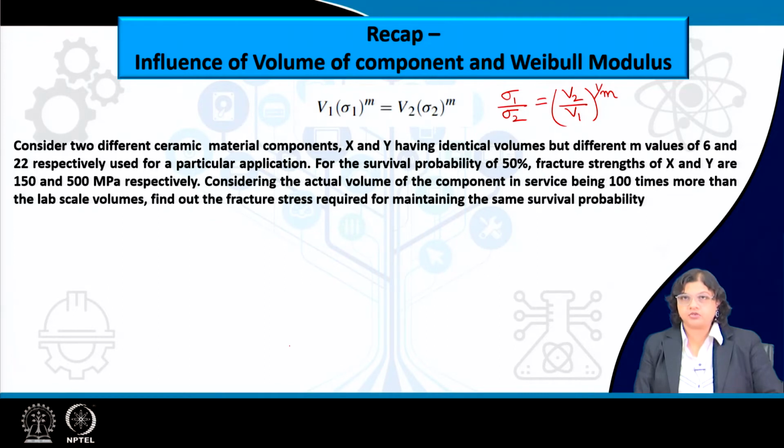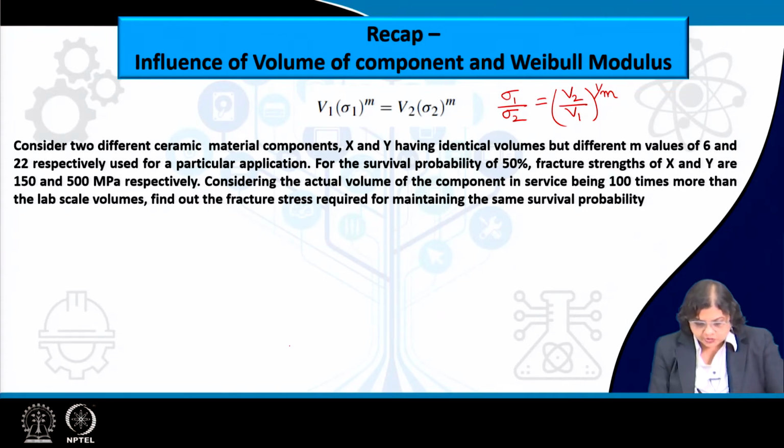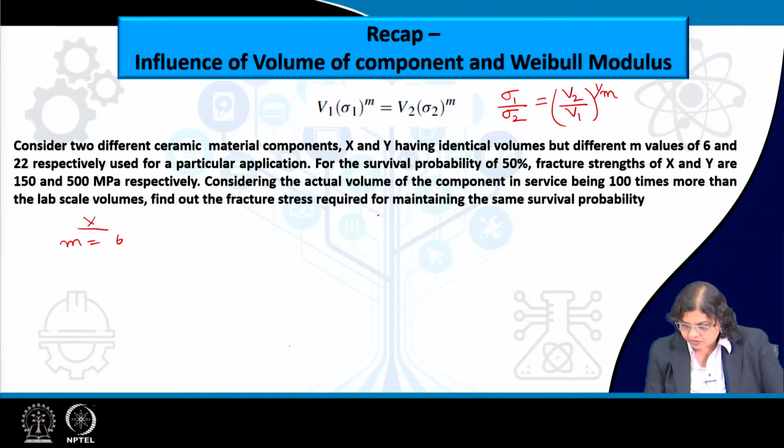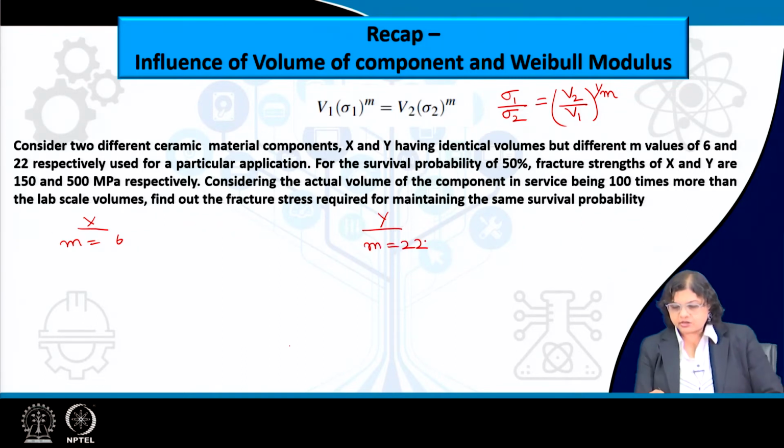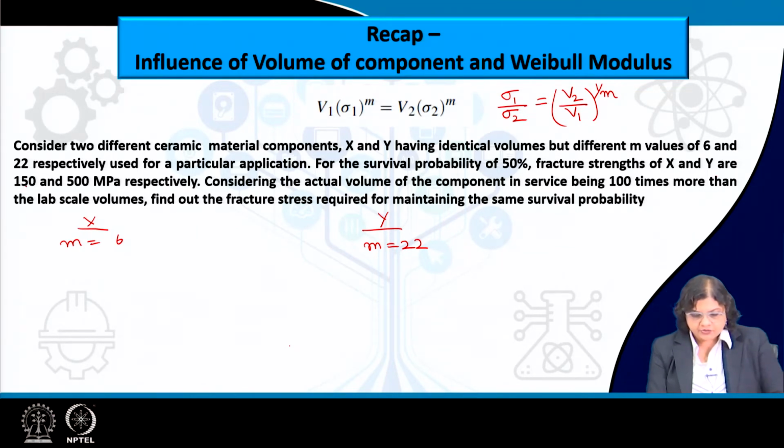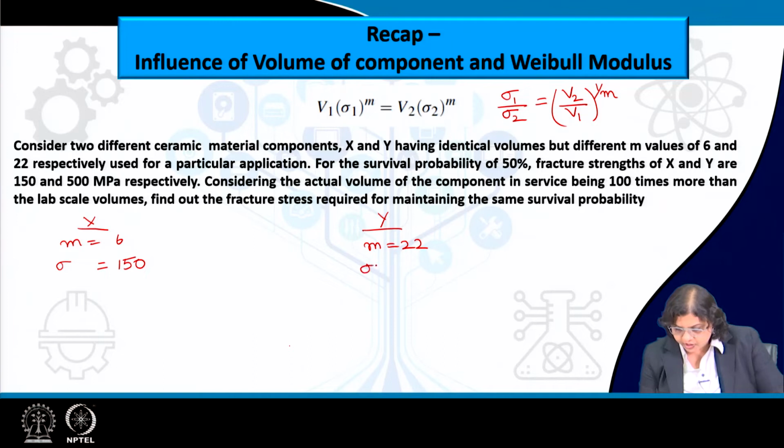but different m values. The first one for x is 6 and for the second one the m value is 22. And let me also write the conditions here. So, for x we have m equals 6, for y we have m equals 22, and for the survival probability of 50%, fracture strength of x and y are 150 and 500 MPa respectively. So, that means that the sigma value here for the condition of x is 150, for the condition of y is